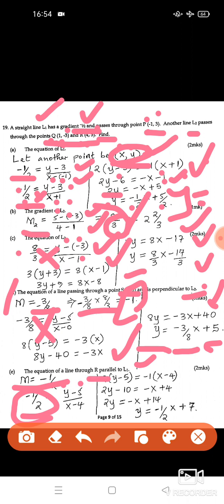Remember, it is passing through R, and the coordinates of R are 4, 5. Therefore, y minus 5 over x minus 4, that is the step. Then we cross multiply. 2 goes with y minus 5, -1 goes with x minus 4. So after opening brackets, we rearrange the equation and divide through by 2, so that we have y equals -1/2 x